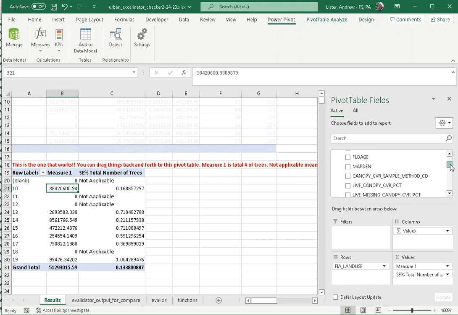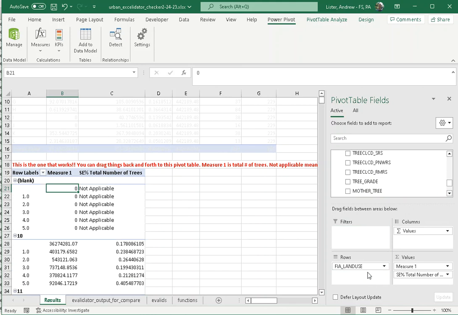For example, let's say I was interested in some other tree attribute, some categorical variable. How about tree grade? We could try that. Get rid of land use,